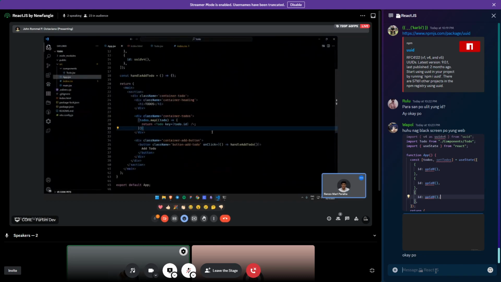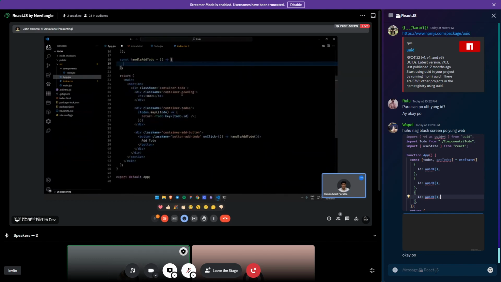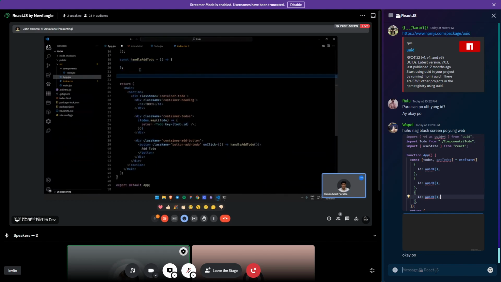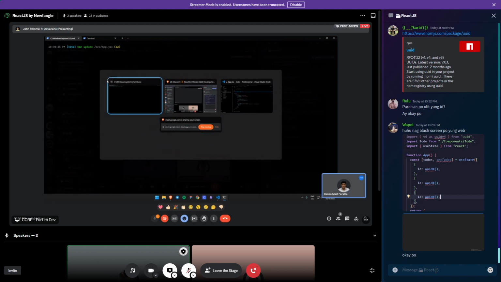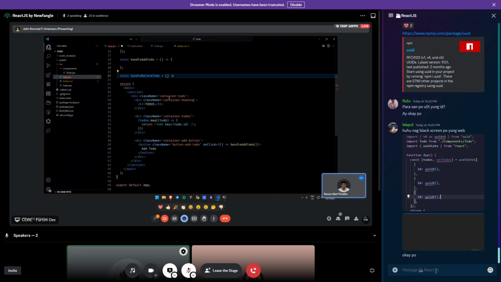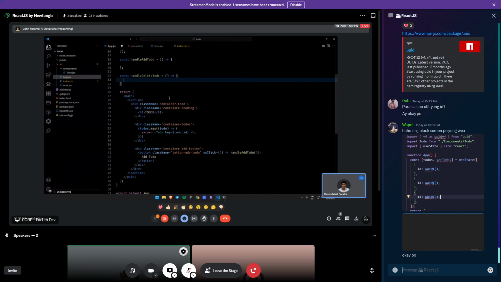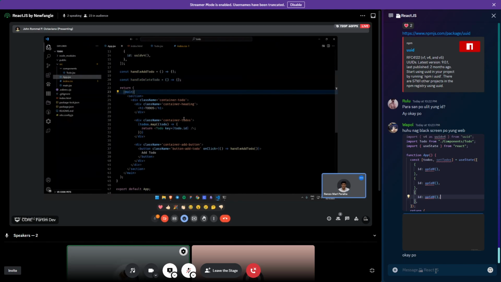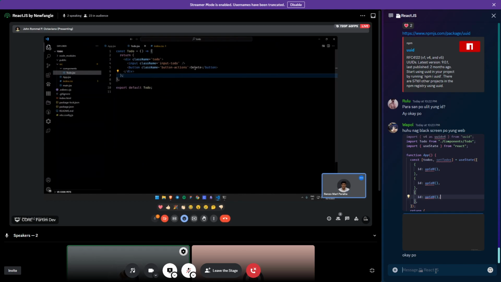Ano next na gagawin natin? So yung actual logic, pag-add, di pala, may isa pala tayong kailangan i-define na function, which is yung const handleDeleteToDo, which is para naman siya dito sa delete. So we'll say here, handleDeleteToDo. And then since itong to do, nandun yung button,